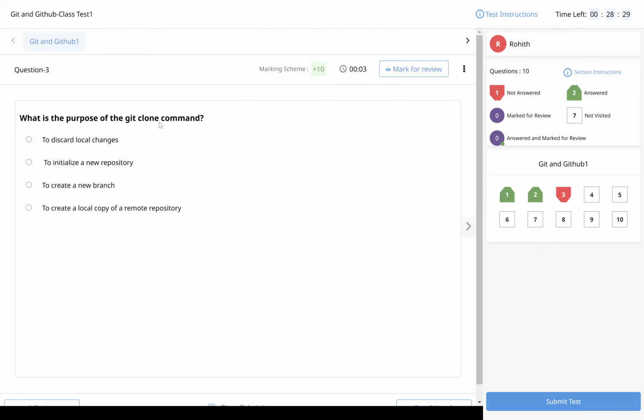What is the purpose of the git clone command? Any idea, working people? Eight questions will be from today's topic and two general questions I will give. So create a local copy, a copy of the remote repository. Create a local copy means to download. We will use this topic and discuss it in tomorrow's session. Next,